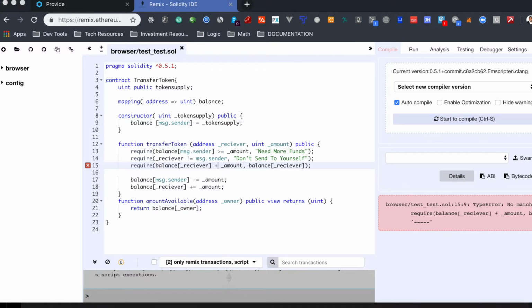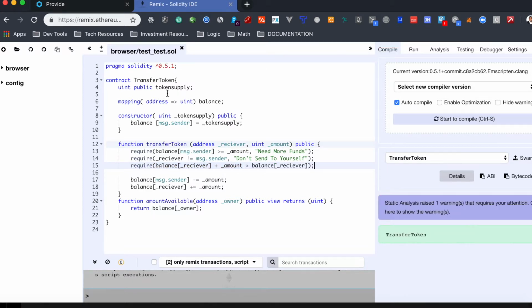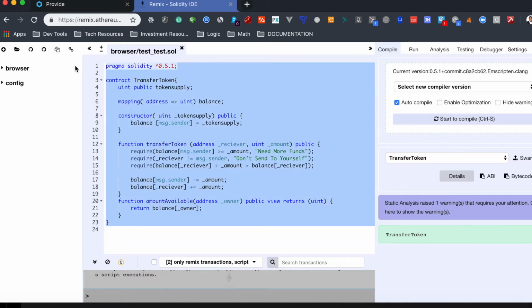Now I'm going to make a quick fix over here and just copy and paste into the browser. And boom, there you go. Everything seems to be working. So now we can take this,